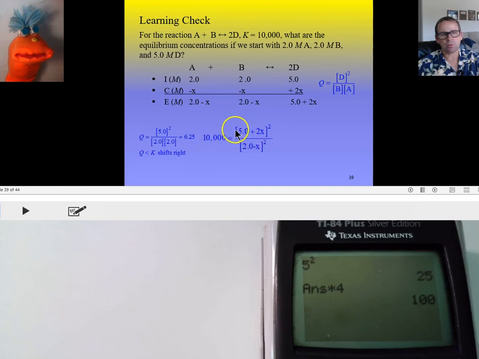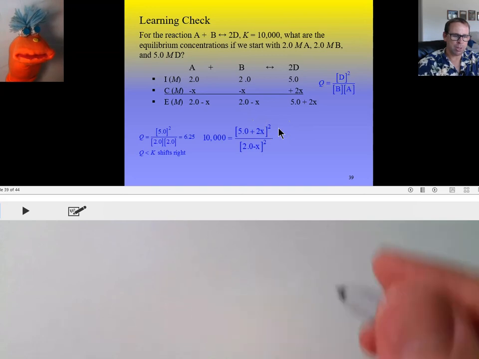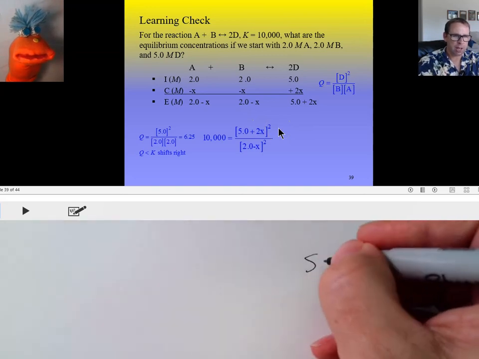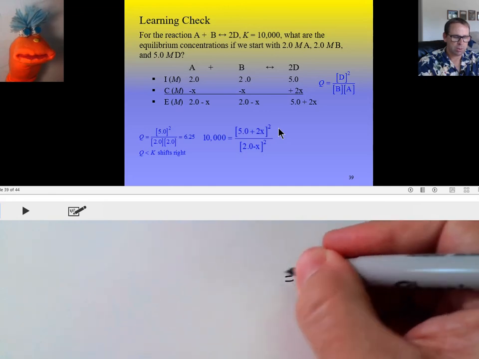10,000 will equal 5 plus 2x squared over 2 minus x squared. So again, the 2 minus x here and 2 minus x here came together to form the 2 minus x squared. 5 plus 2x is the concentration of D at equilibrium, squared. And so we can solve this equation. You can just take the square root of top and bottom and have 5 plus 2x over 2 minus x. Set that equal to 10,000,